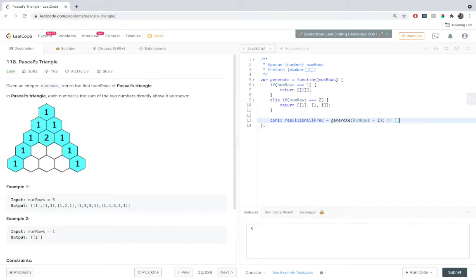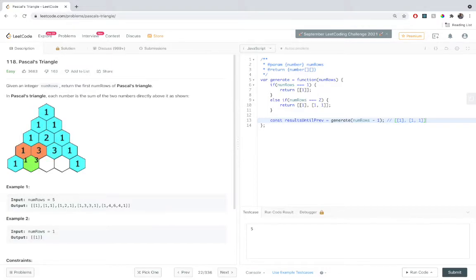What this does is it gives us the results until the previous row. It will be an array of arrays, something like this. Assuming that we are solving the question for numRows equal to 3, resultsUntilPrev will have this structure. It's useful for us to write down comments and understand the structures at each step, because that will help us to further solve the problem.